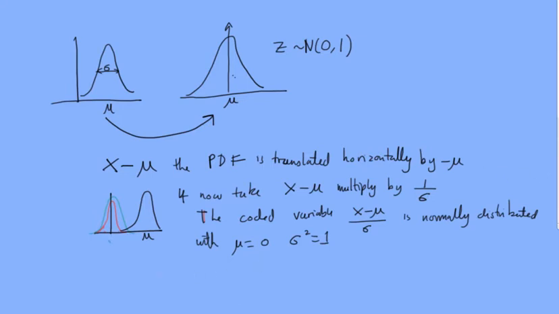So let's write this out. Let's get rid of the colours, and so what we have is when x is some normal distribution with mean mu and variance sigma squared, then